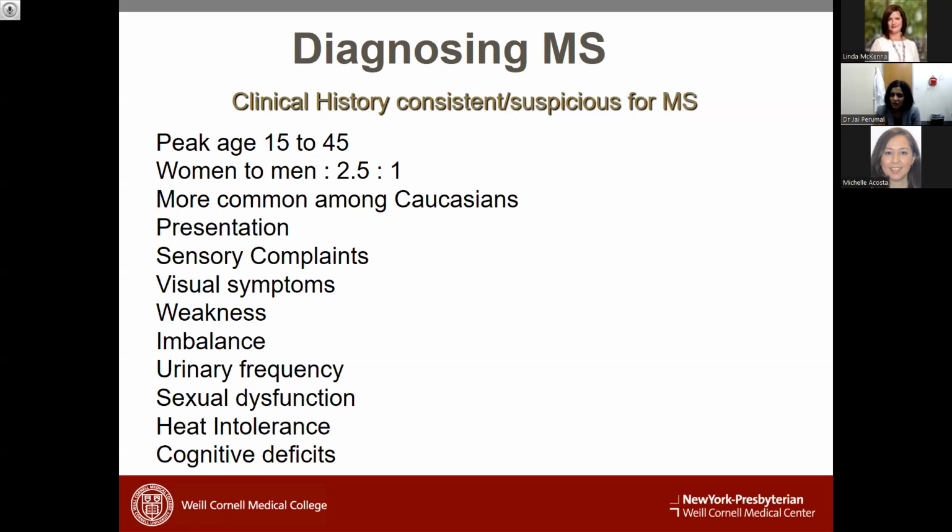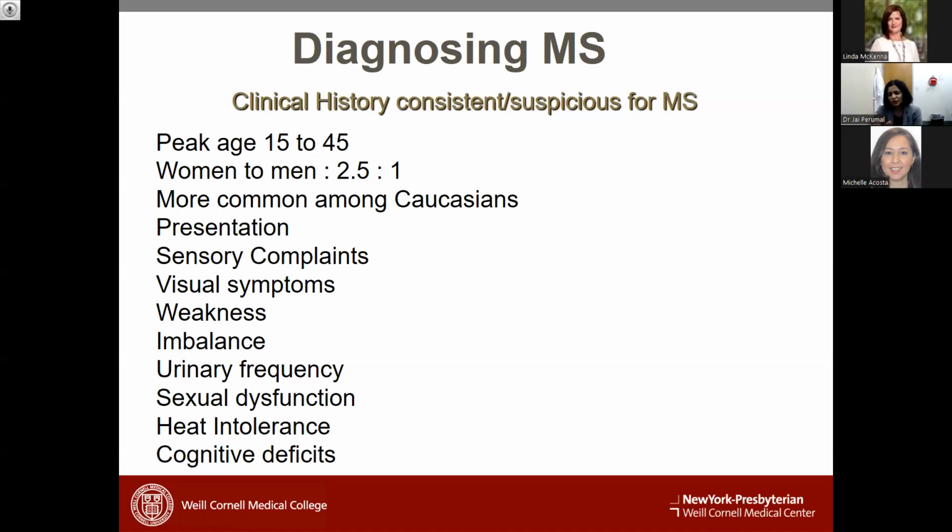It's more common among Caucasians, but that is also changing. Going back to an earlier slide I showed where the incidence was very low in Africa or some parts of Asia, African Americans have a much higher incidence, and the newest studies looking at incidence actually said it's comparable or even higher than Caucasians. Even when I was doing my fellowship more than a decade ago, if we diagnosed an African-American patient with MS, they would say, Doc, isn't this very uncommon? Even that has changed over a decade, where the incidence seems to be much higher.